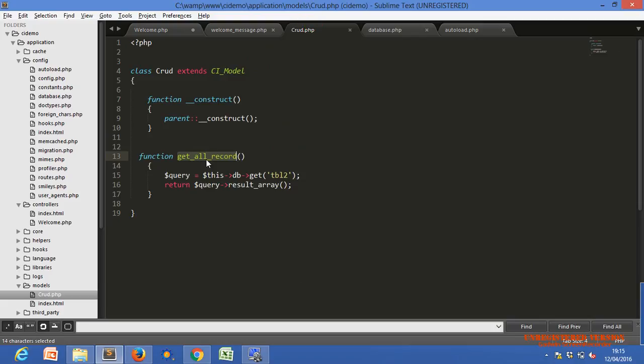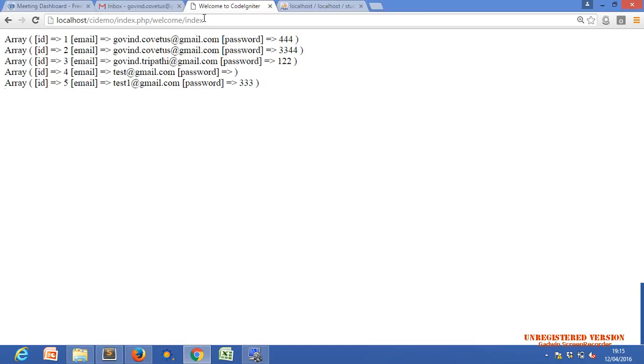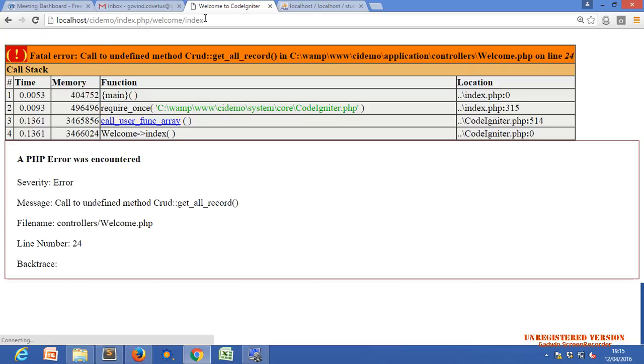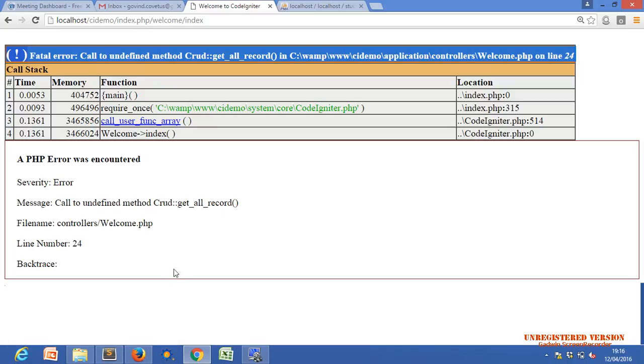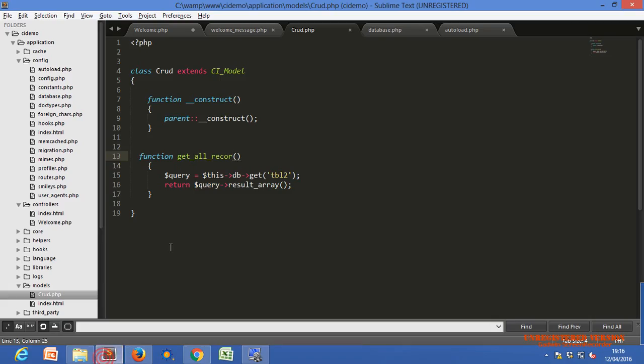If we don't have the same function name, then it will generate an error. Yes, it is undefined method Crud get_all_records, means the compiler doesn't find that name in our model. So whatever function name you have created in the model, you have to use the same.